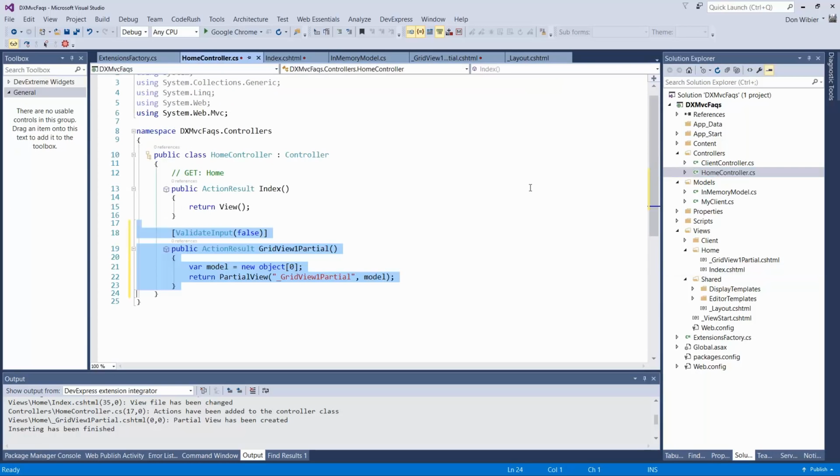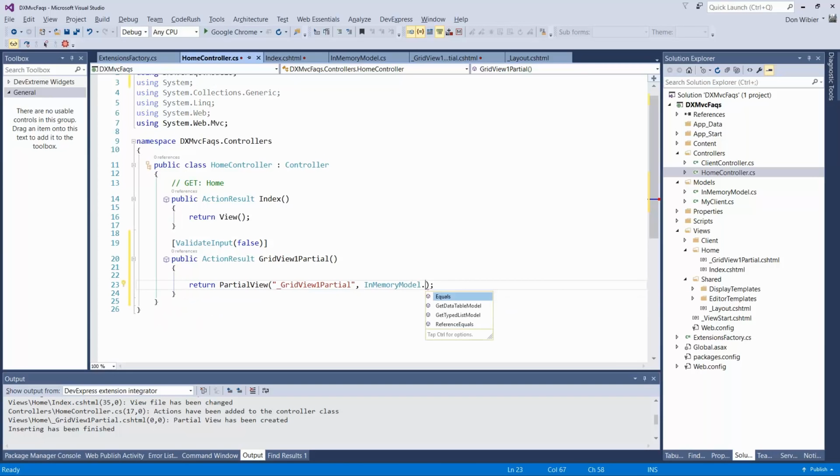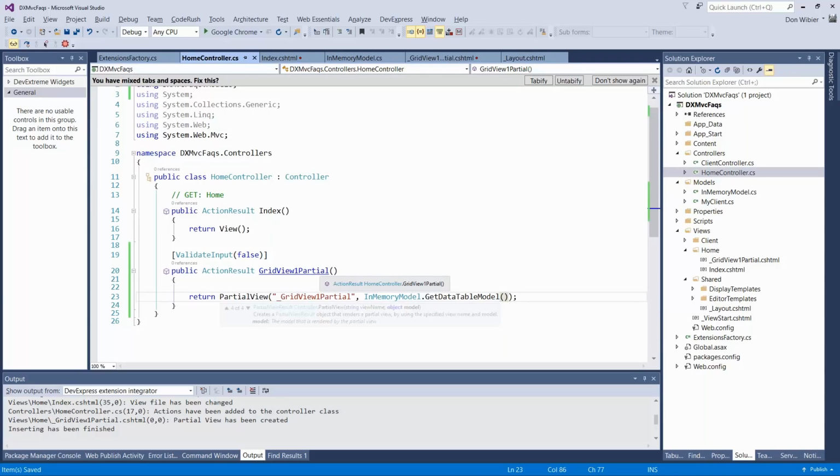So if I go to the home controller, you'll see that the action method for the grid view partial is being generated as well, but it is not using any data to bind to. So let me bind it to that in-memory model. Get data table. So we'll have some data in there as well. And with this in place, well, the first thing you'll see is that we have the grid on the page,